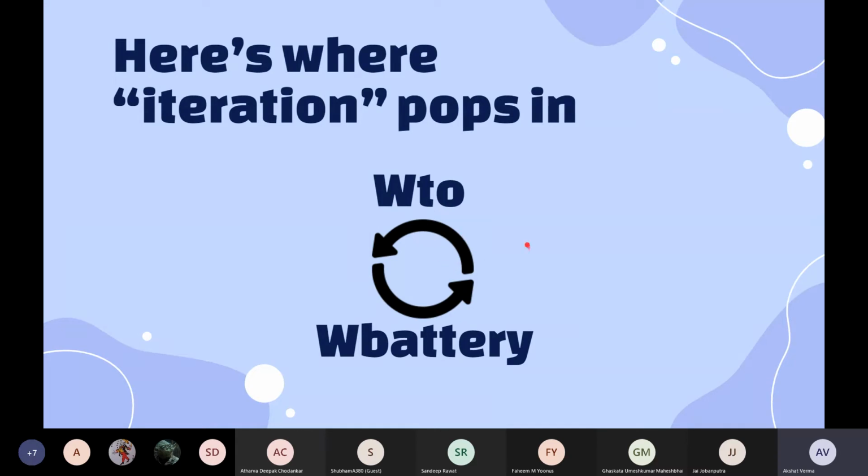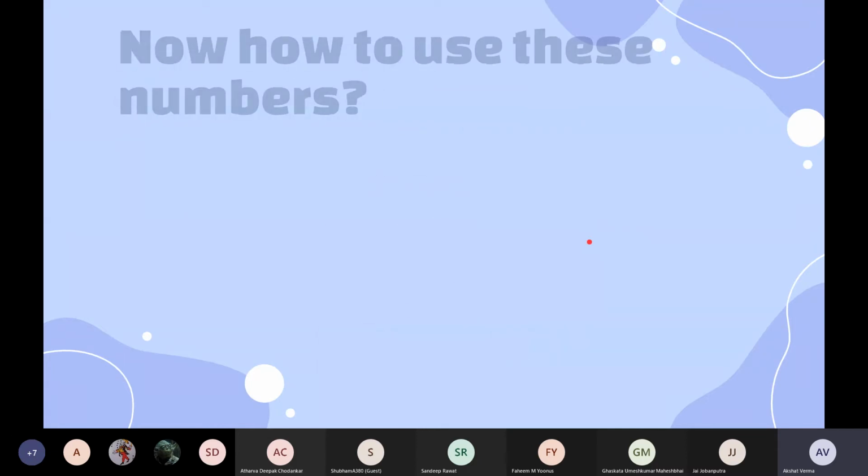So we'll look at an example at the end of this session on weight iteration, and you'll get things quite clear in that. So this is how iteration takes place. We select the total weight, we select the battery weight, and then we again go to the total weight, and then again to the battery weight. This is the thing which we are going to do.